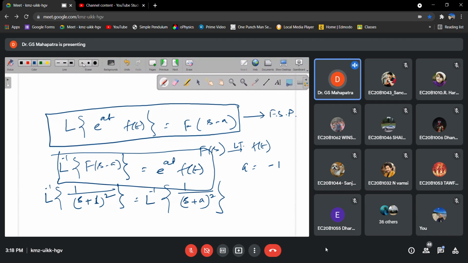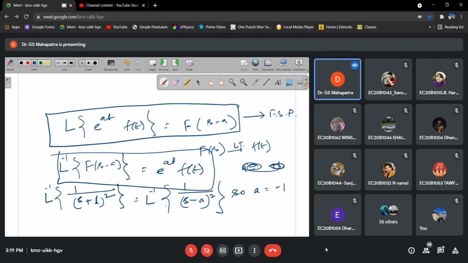I am changing something. Okay, now just one minute. What I'm going to write? Guess it. Minus, correct? (s minus a) whole square. Then what is a? Then only a is minus 1. If you write s plus a, then a is 1. So from this one to this one, what we have to write? The value of a is minus 1, then only s plus 1. Correct? So a is minus 1.